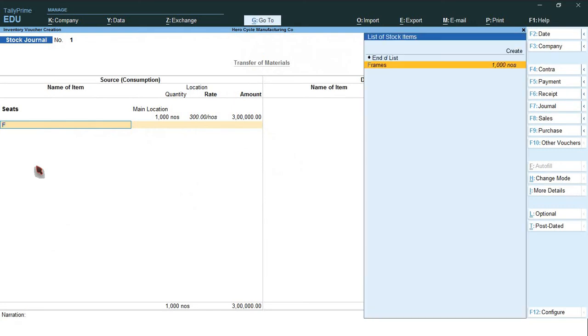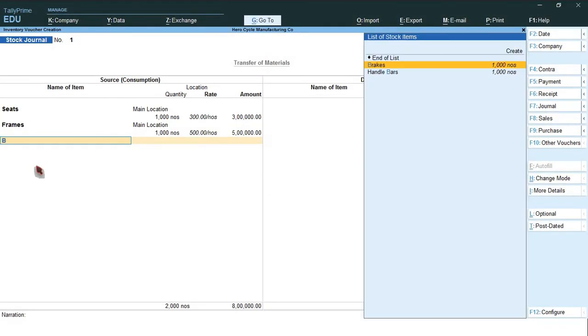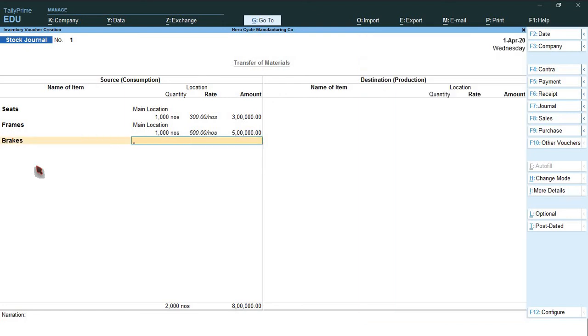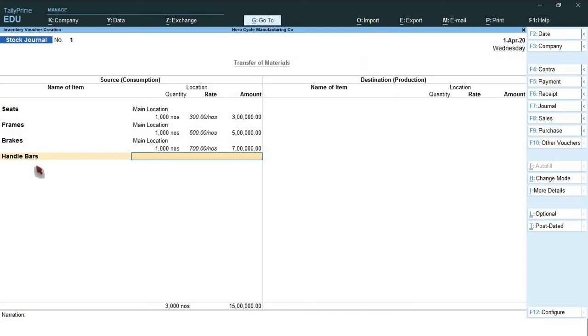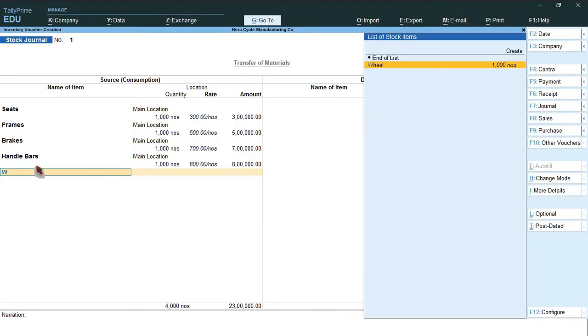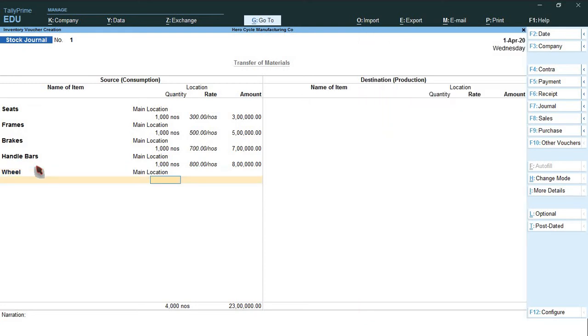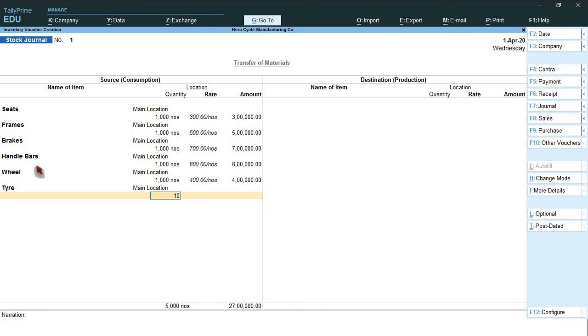Seat. Next frame. Main location 1000. Brakes. Main location 1000. Handlebars. Main location 1000. Wheels. Main location 1000. Tires, 1000.